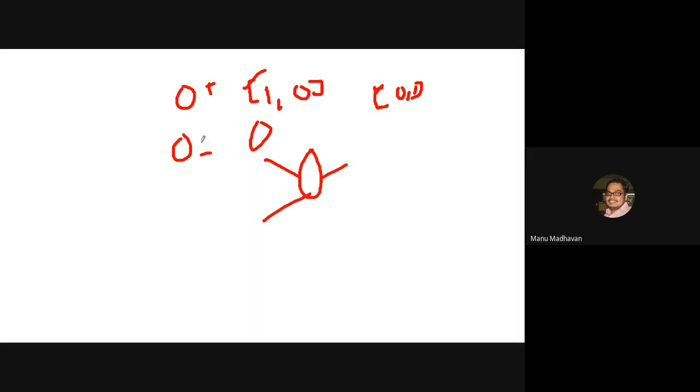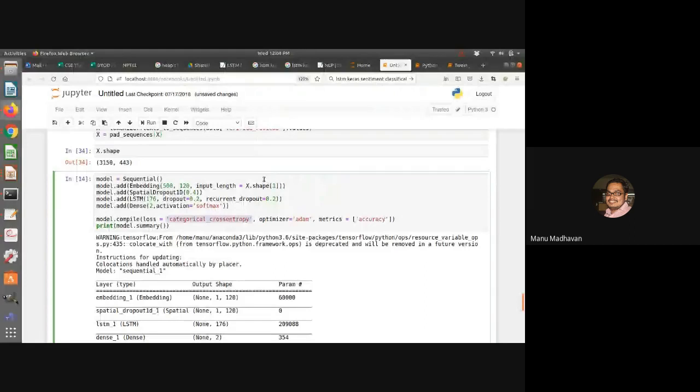So in order to make this comparison, we'll use a loss function called cross entropy, which compares two probability distributions. The expected probability distribution is like this: 1, 0, and 0, 1. And we are comparing it with the actual predicted one, say 0.75 or 0.19, 0.1 may be there. We'll calculate the cross entropy, and based on this cross entropy, it will optimize the model. And we'll use the accuracy metric to evaluate the model. So loss is categorical cross entropy, and